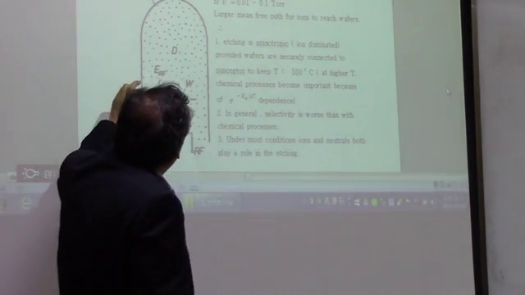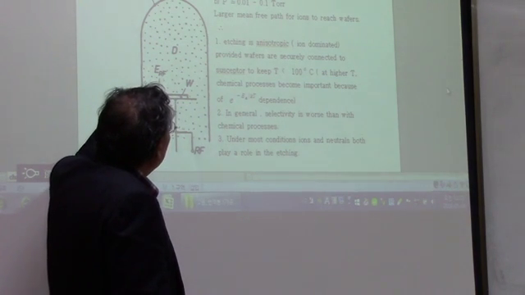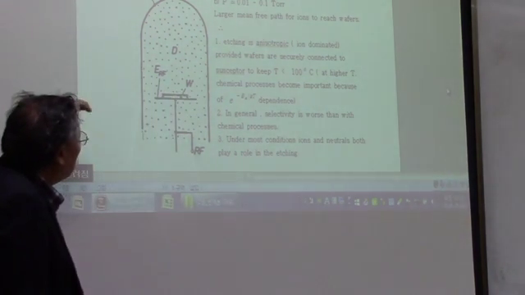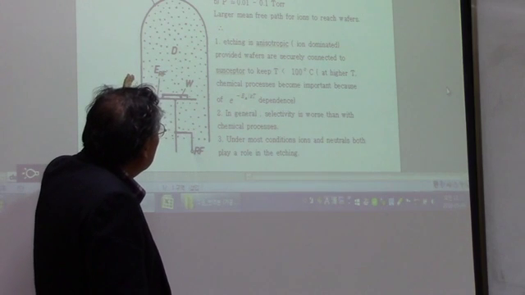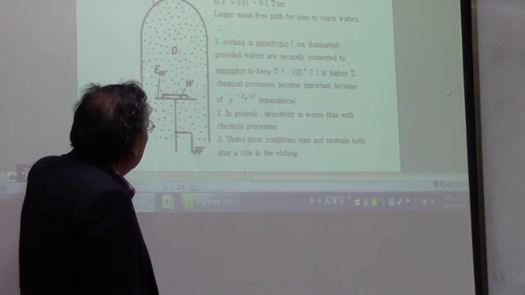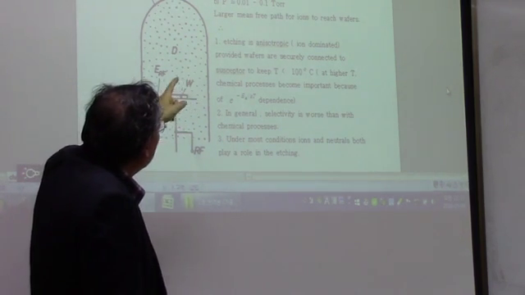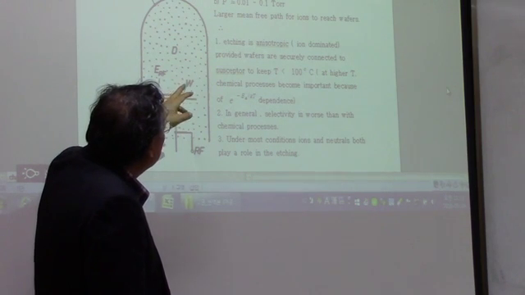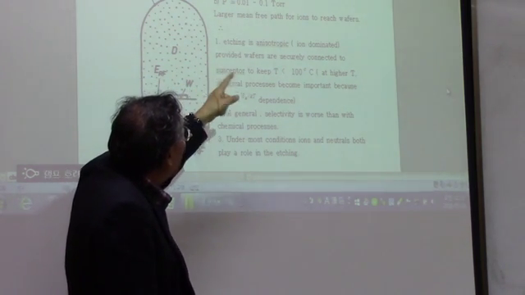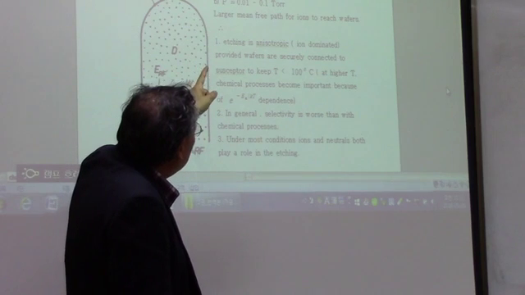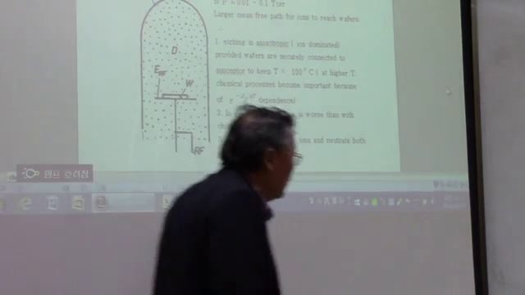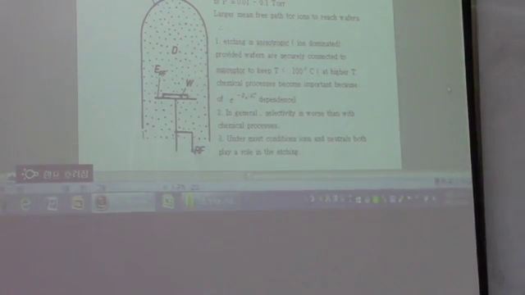But in this RIE system, the ions play an important role, and the characteristic of this chamber is we use the RF, and we can have a DC potential. We call that self-bias,